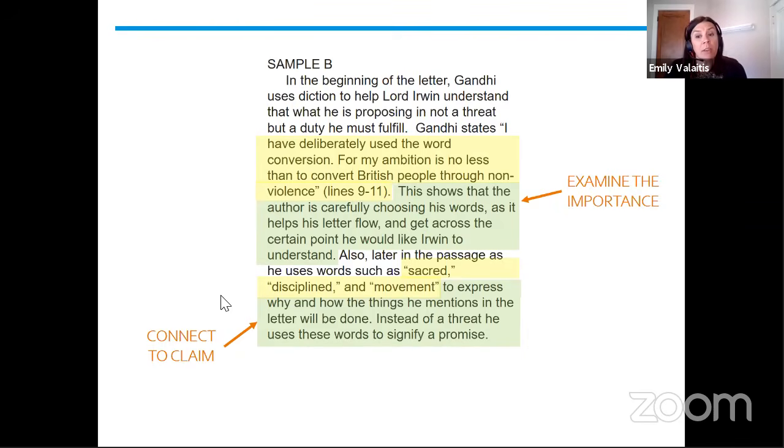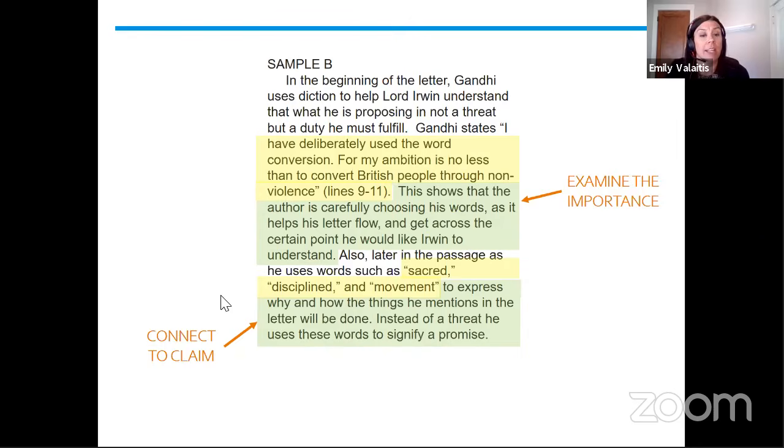The student does reference Lord Irwin, but not necessarily why it's persuasive to him. So the student's really only exploring one element, the importance, and even that's a little too vague for me. I would like more details about the importance of him choosing his words in order to justify that as a 3. Then in this second example, the student writes that he uses these words to express why and how the